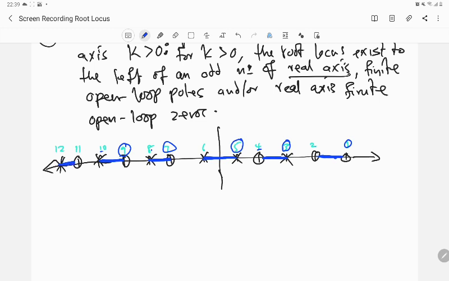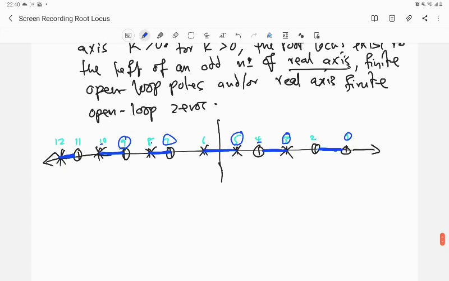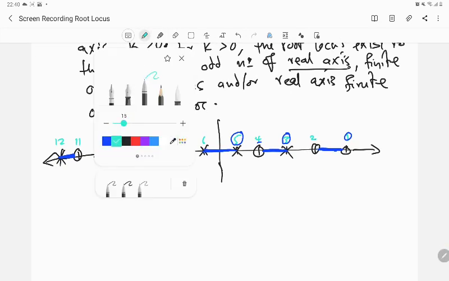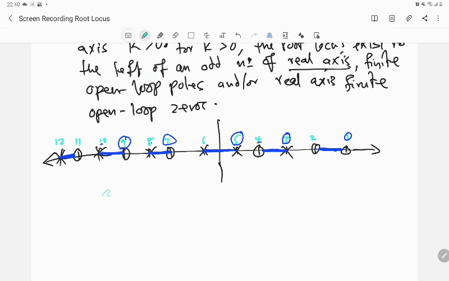Okay, so this is another rule that you come across. This means that to the left of every odd number of poles and zeros, there is going to be a root locus lying on the real axis. And this makes sense, because it stems from the fact that if you look at it critically,